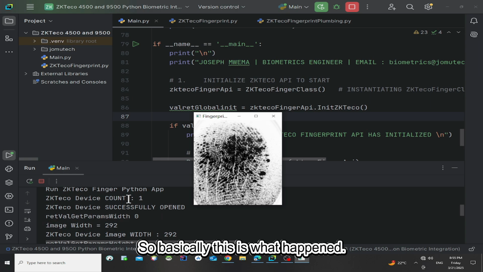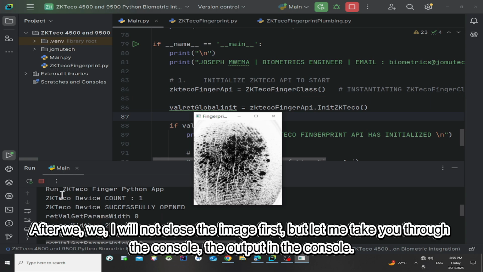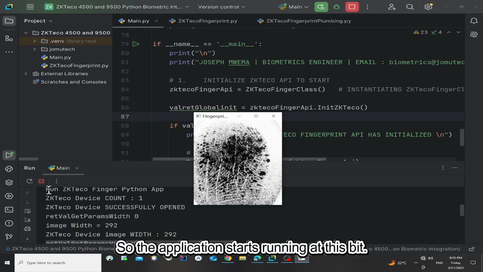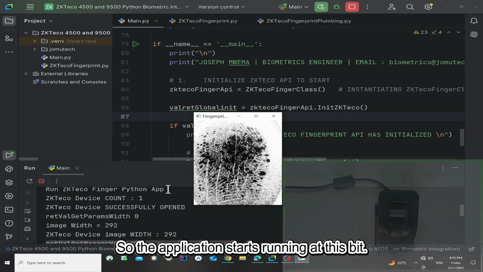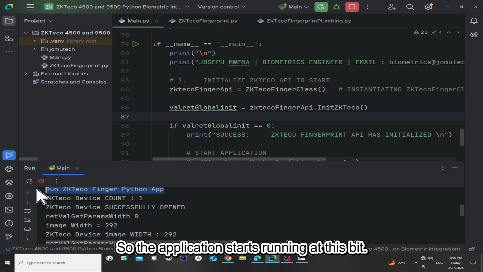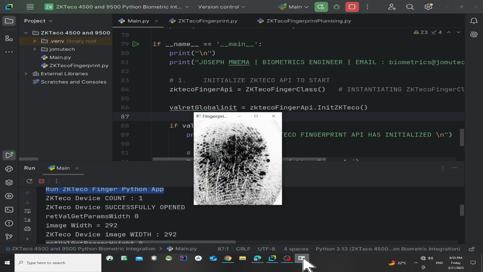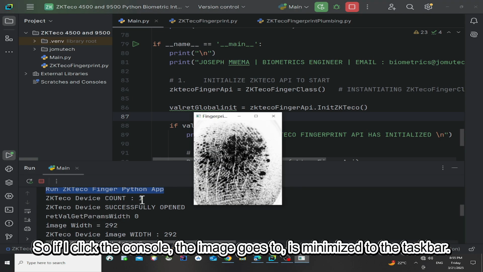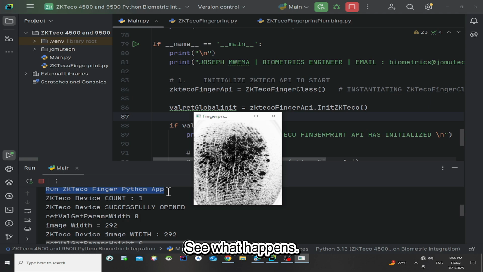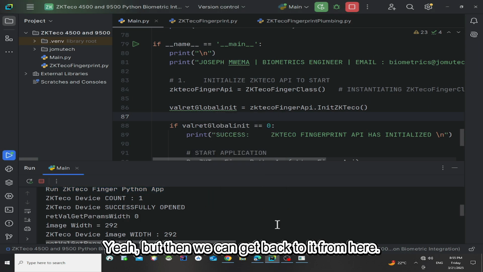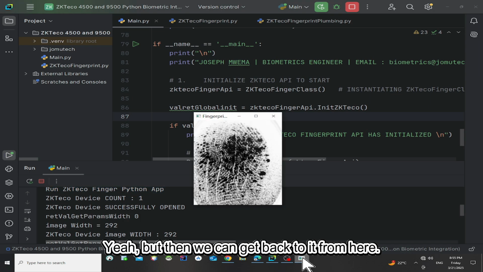So basically this is what happened, but let me take you through the output in the console. The application starts running at this bit. If I click the console, the image is minimized to the taskbar. See what happens? But then we can get back to it from here.